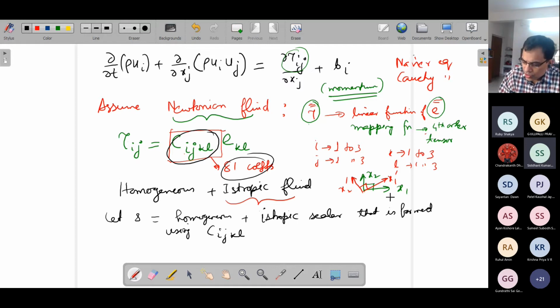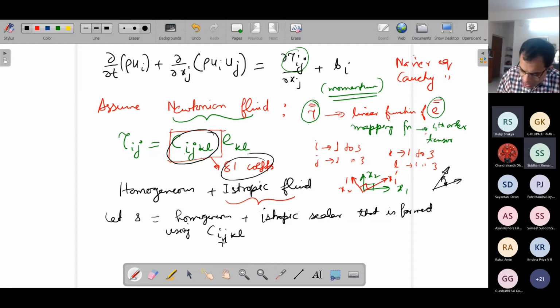Why? Because of this rotation, you can imagine that if you have, say, 2 vectors like this, when you give rotation, what remains preserved is the angle between the 2 vectors. So a vector is a very good way by which you can demonstrate isotropy, you consider vectors 2 at a time. Just apply rotation, but the angle between them will not change. So that is something which is invariant to rotation. So we want to form the scalar by using vectors.